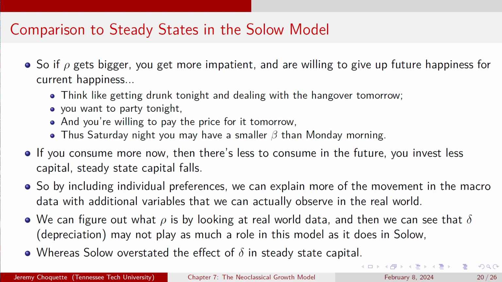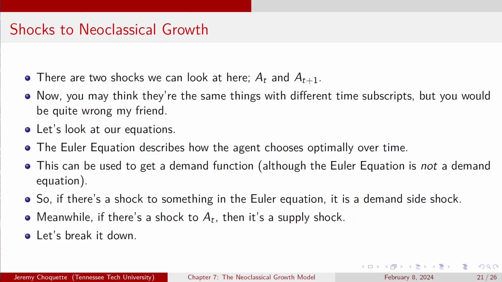And depending on what we think rho is, and there have been studies that would estimate what rho is or what beta would be, things like that. Well, really, if you know what one is, you know what the other is. When you have that, now delta's not playing as much of a role, and we're not overstating the effect that delta plays. Right? Because if you got the depreciation of capital, you don't want to say it's greater than it really is, because if you're saying depreciation is greater than it really is, but then you look at the real world and you go, wait a minute,